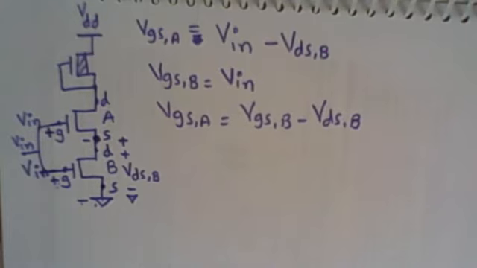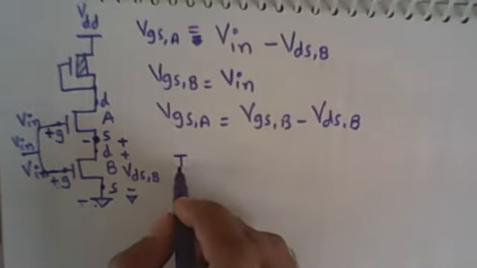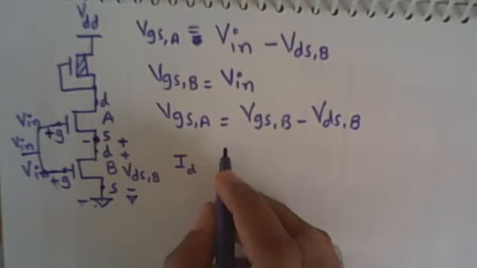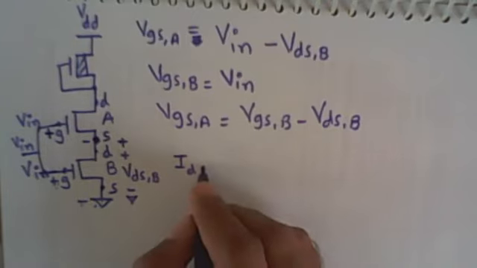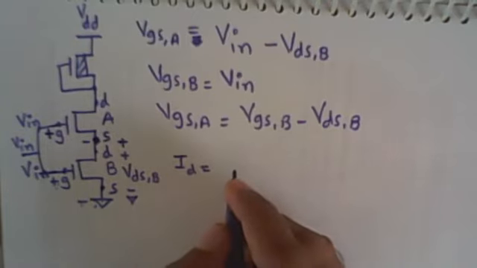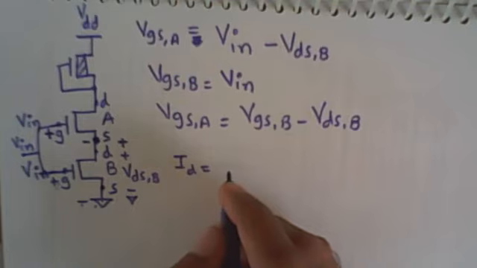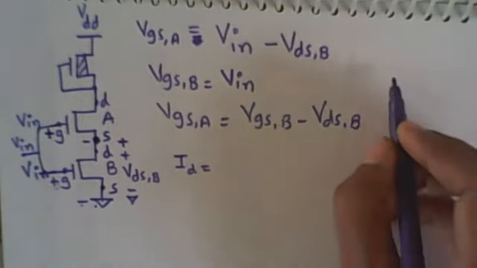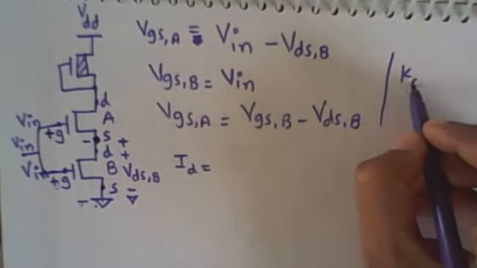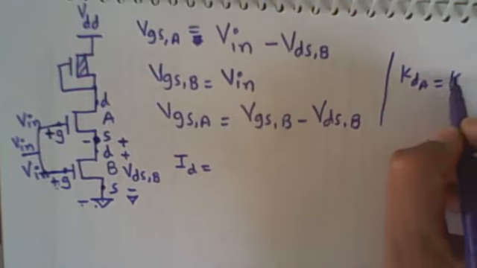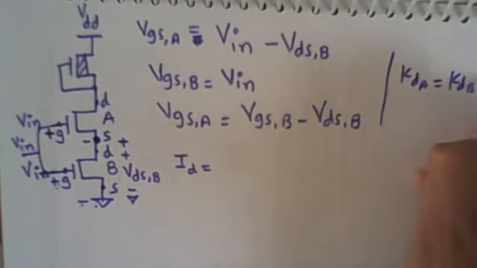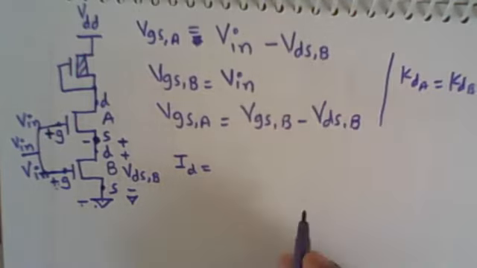This is required to simplify our output. So we can write the final ID current, which is equal to ID of A divided by ID of A plus ID of B, right? And let's say the transconductance of both the MOSFETs is equal. Let's say the transconductance of A is equal to the transconductance of B, and it is equal to the driver transconductance KD.